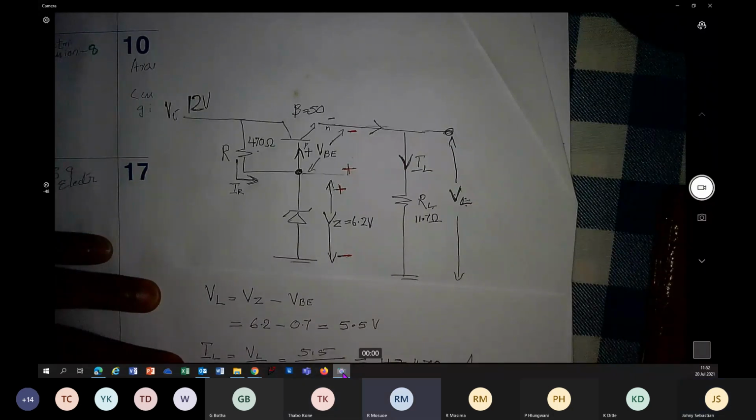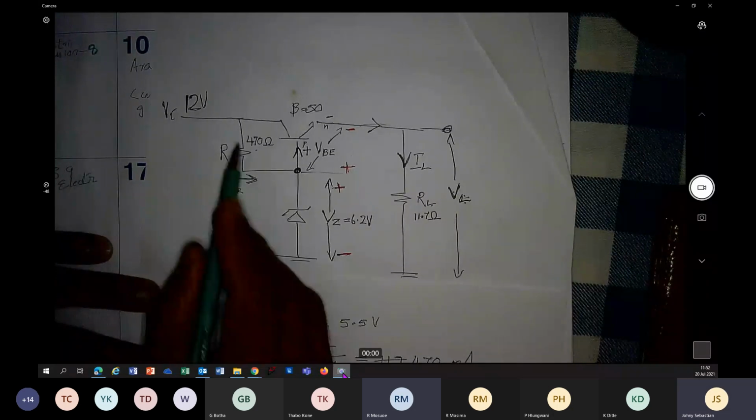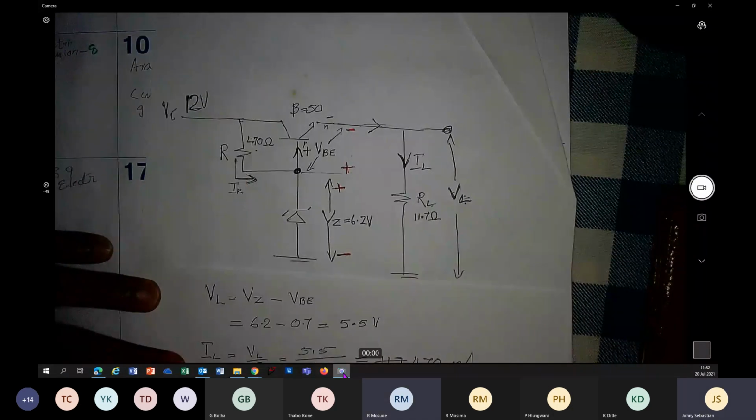So it's going to be the voltage from I divided by the resistance of R. What is the voltage? It's the 12 volts from the I, since the voltage divider, it will be 12. Is 470 ohm connected from 12 volt to ground directly? Oh, no, sir. So it'll be 12 volts minus